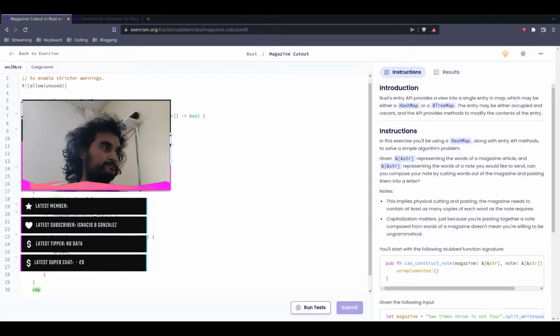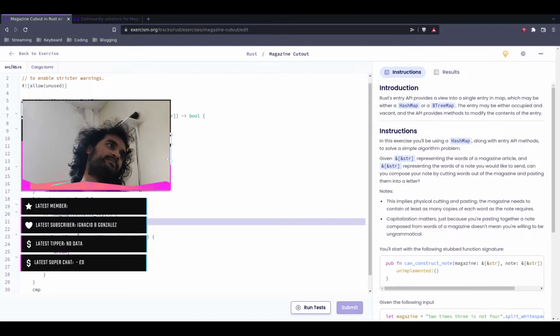If it does not, you check if it doesn't contain the string. If it doesn't, you change compare to false, and then you break out of this for loop. If magmap.get, so when you try to, if you retrieve the string from,